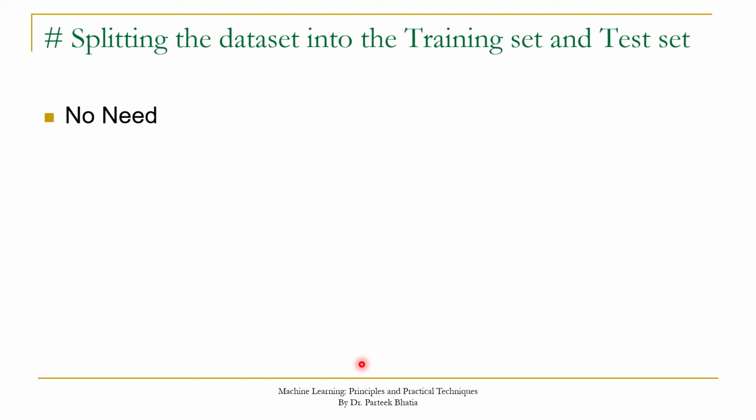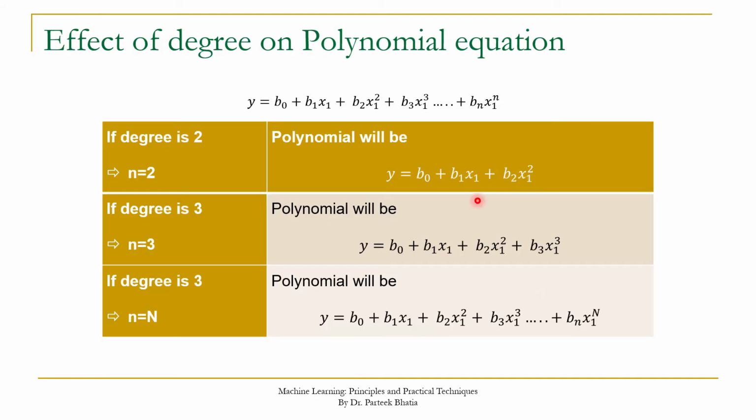We know that before building the model we have to pre-process our independent variable X to convert it into polynomial form. As we discussed in our previous session, before building the model we have to pre-process our X to different degrees. We can convert X up to degree 2, or we can pre-process X up to degree 3 or 4. So in order to pre-process X to a particular degree, we have to perform pre-processing. The next step will be to pre-process X to convert it into different polynomial forms or different polynomial degrees.